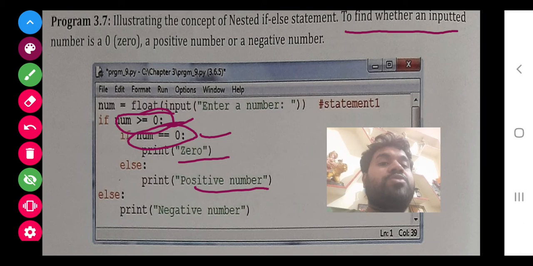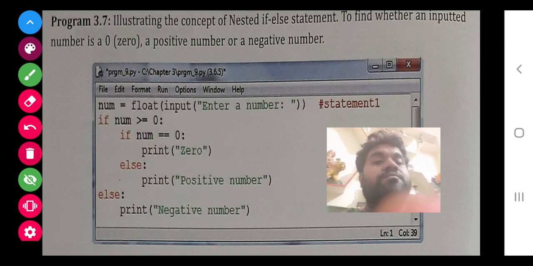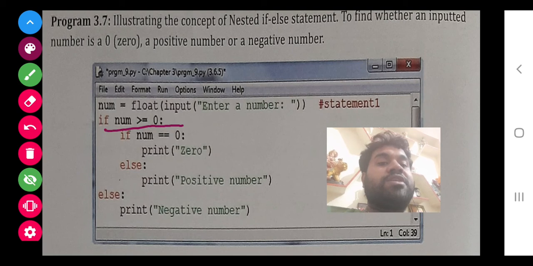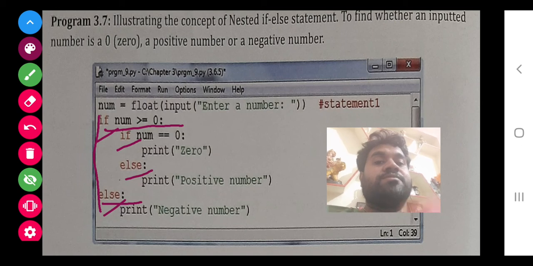So if the equal to condition fails, then it means it is greater, so that is a positive number. And if in the starting this condition fails, then it will go to this else, because you can see this if is working with this else and this if is working with this else.